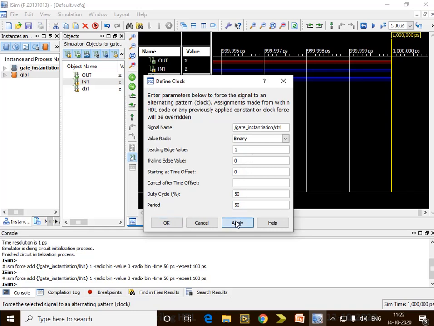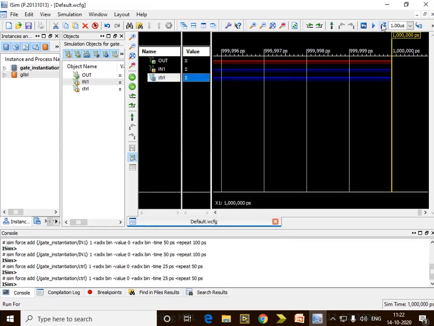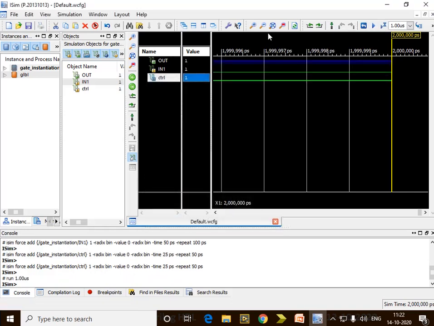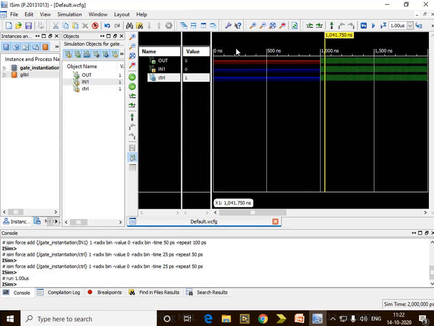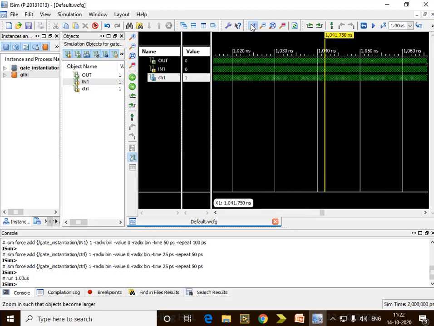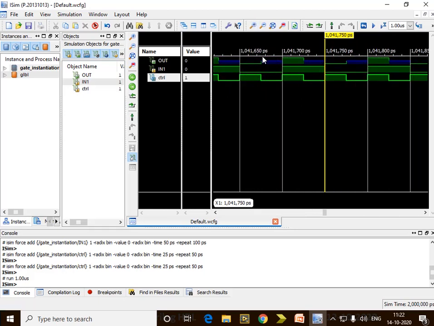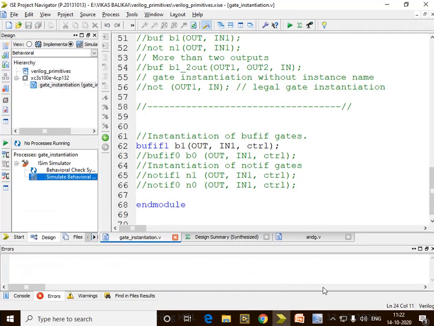I'll get different varieties of clocks and simulate. Don't try to force a constant, because for a constant you will get only one value. If you force a clock, then you will get multiple values. There it is. See here, this is the program we are running: BUFF1.